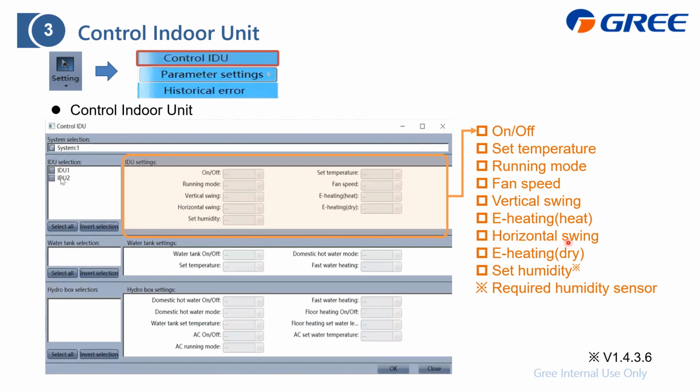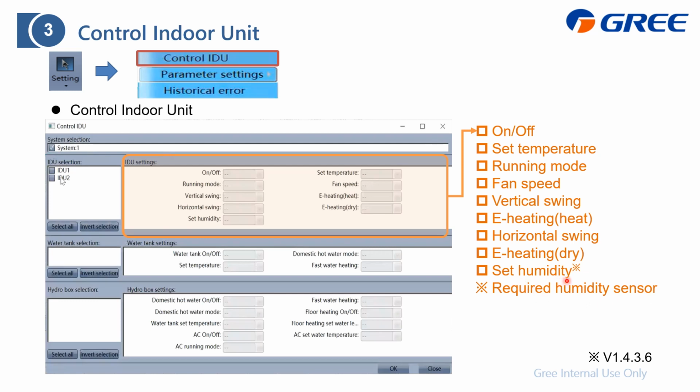If the in.unit has the e-heater, you can also choose to turn it on or off, which is in heating mode or dehumidify. Here we set it to dry mode. And if this in.unit has the humidity sensor, you can also set the target humidity.